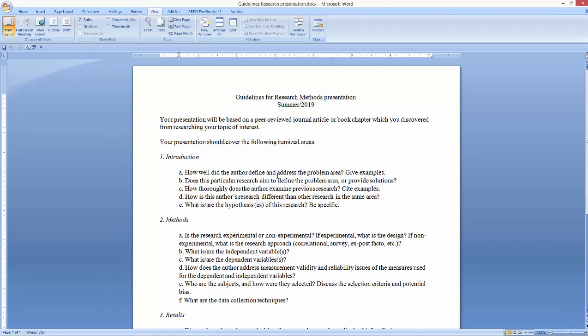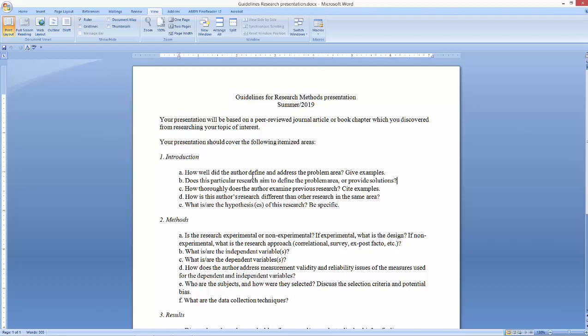How well did the author define and address the problem area? Give examples. So there is some problem area which is reflected not only in the title but also the abstract of the article. And you should give a couple of examples relative to how they define and address the problem area. Now remember that the problem area shouldn't be loosely defined. It needs to be